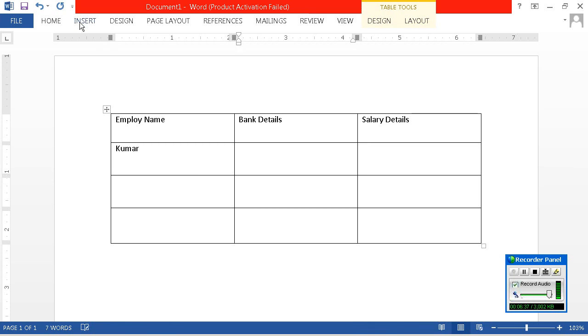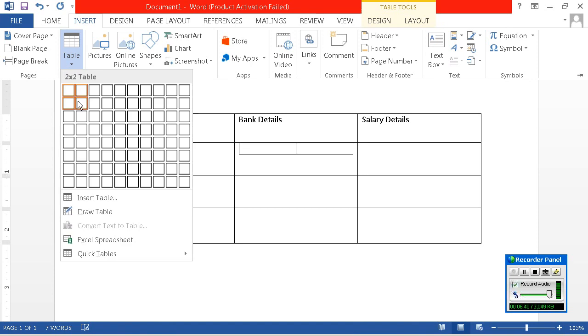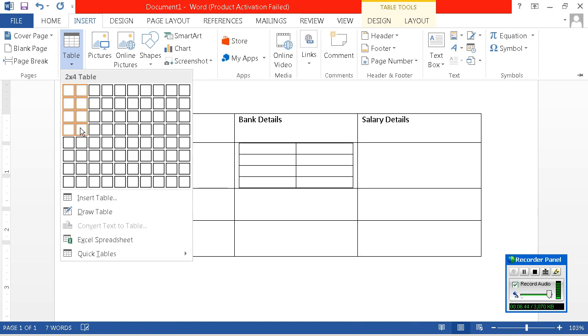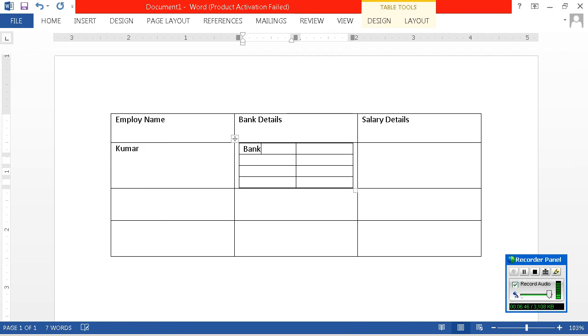Brand details, I'll just mix up one more. Account number, main account number, salary, account number.